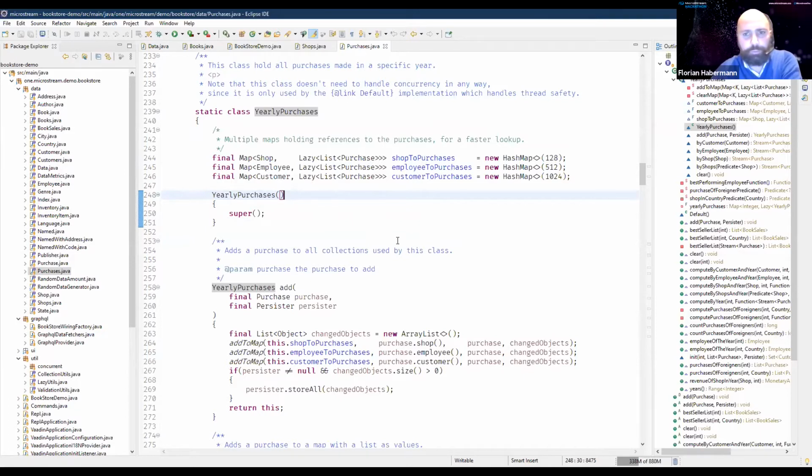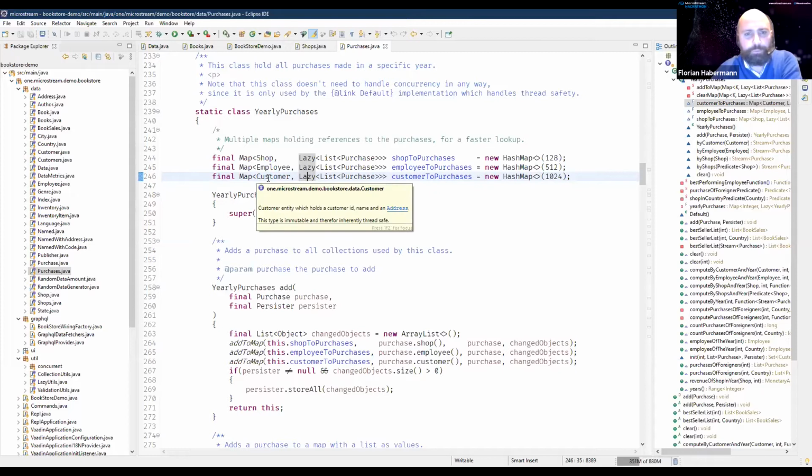So the memory overflow is controlled by these lazy references, and you can access it kind of like an index in a database. You just say, give me all purchases of a customer. It's a simple get call, and your purchases are loaded into memory.